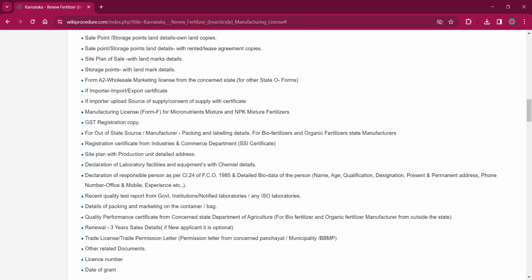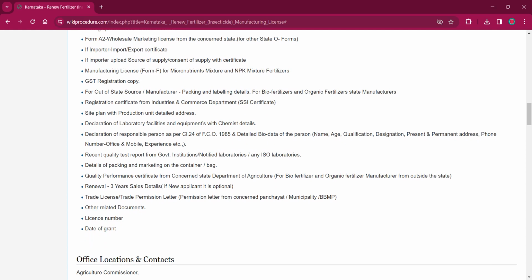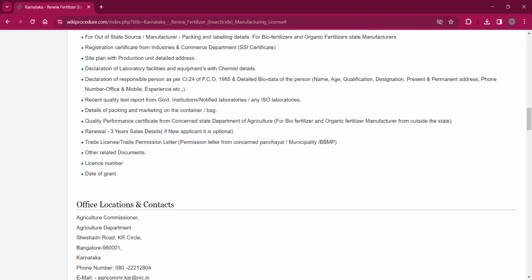Sale point or storage point land details with rented or lease agreement copies for both. Site plan of the sale with the landmarks details, storage points with landmark details. Form A2 wholesaling marketing license from the concerned state for in-person application. If an importer, then import or export certificate. If importer, upload source of supply or consent of supply with the certificate, manufacturing license from the micronutrients mixture and NPK mixture fertilizers, GST registration copy, state source or manufacturer, out of state source or manufacturer, like the packaging